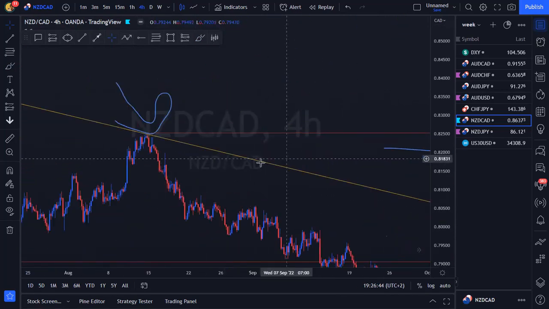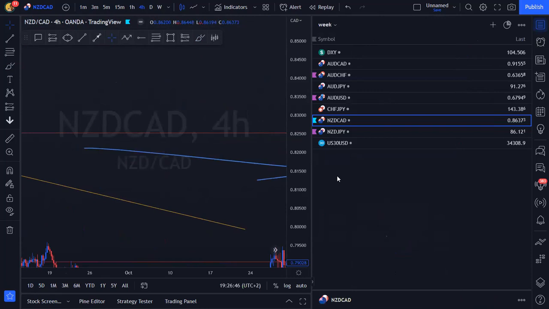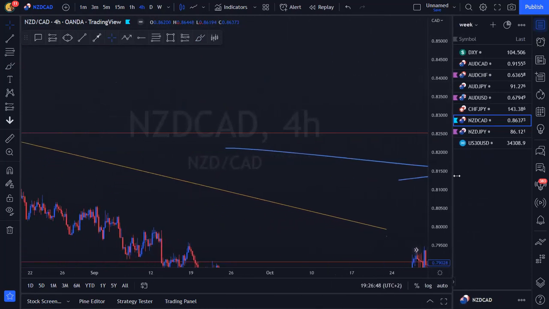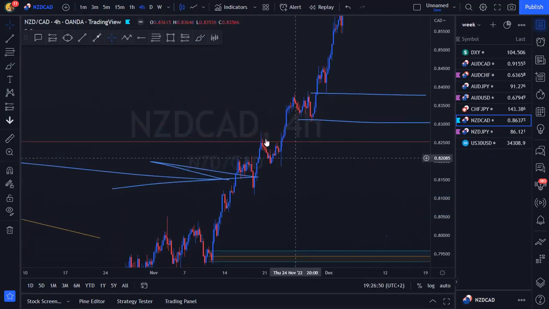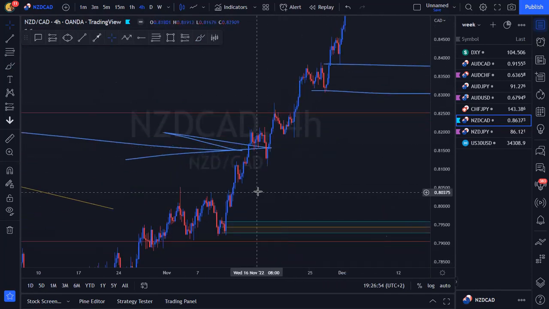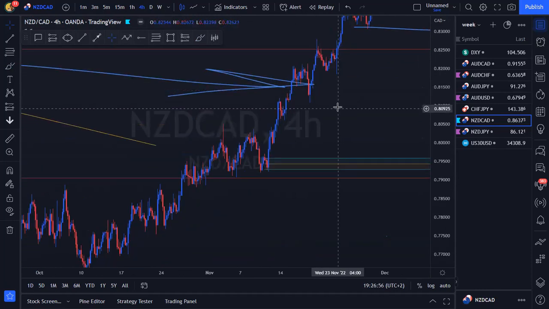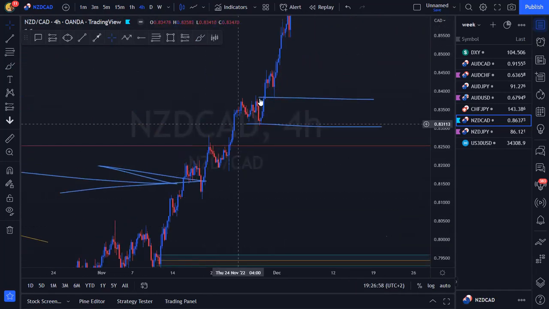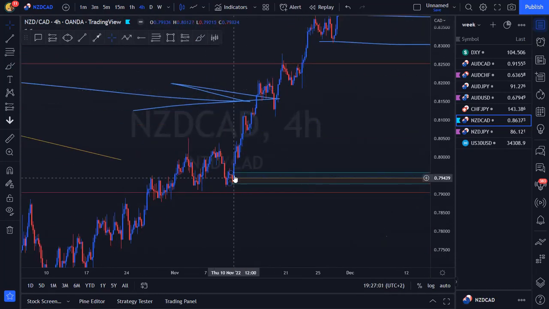Do we have a break and a retest? Resistance. Nothing inside of there. Jesus, nothing inside of there. You see what's wrong with this pair, guys? We don't have any POIs. There are no momentum shifts inside of here that we can use. This is still literally the only momentum shift that we have, the only obvious sign of buyers involving themselves on New Zealand dollar CAD.